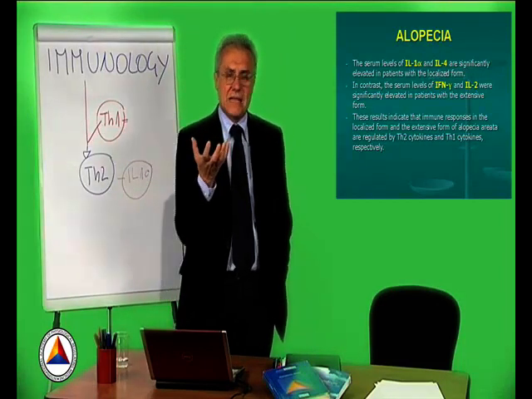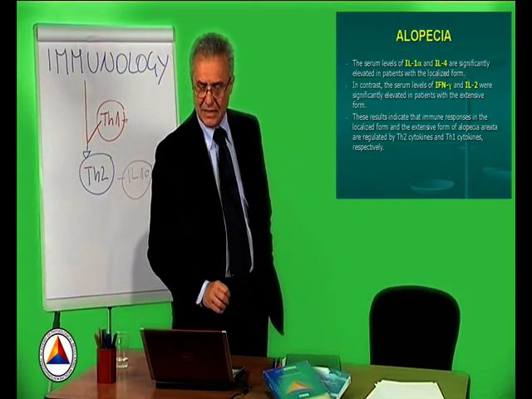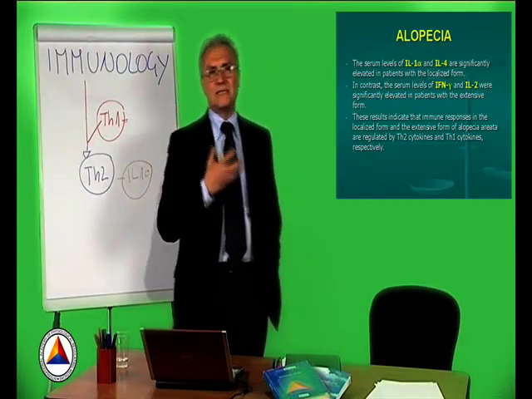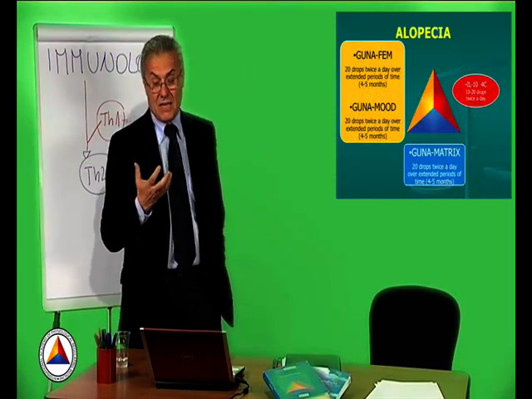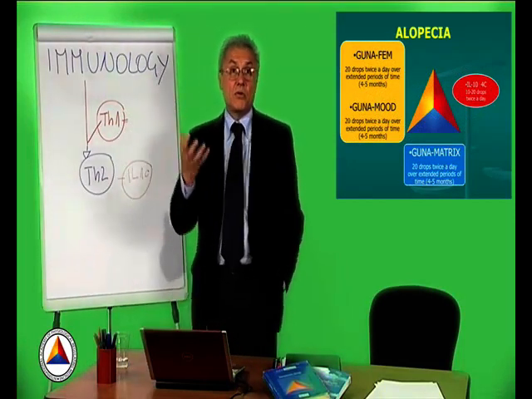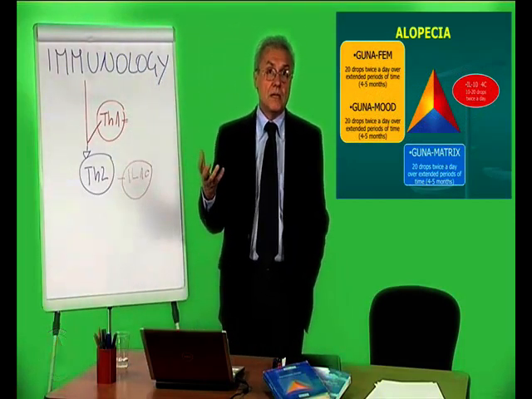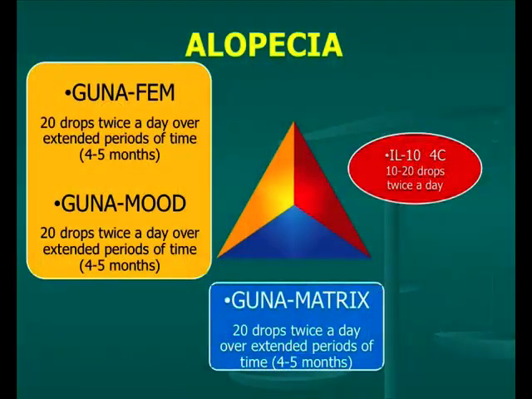The most important drug is Gunamud, the drug that connects the mental and organic aspects. It is the PRM drug that embodies the PNEI concept. In alopecia, stress almost always triggers the process, and Gunamud is therefore the fundamental drug. 20 drops in the morning and evening to respect the P in PNEI, the physiological part of PNEI.